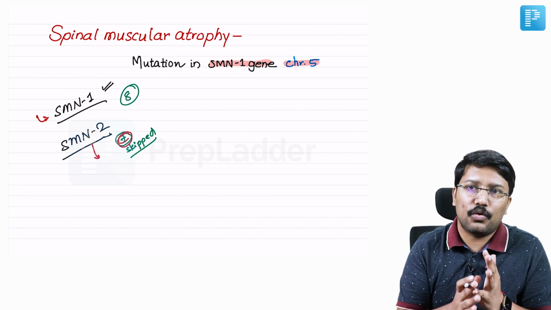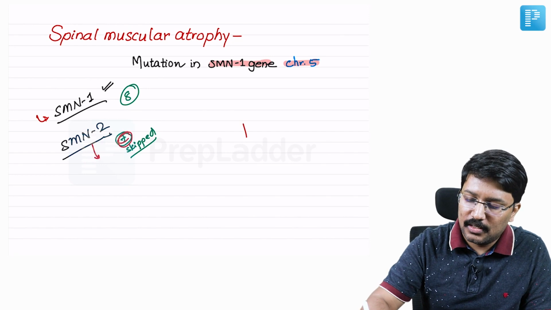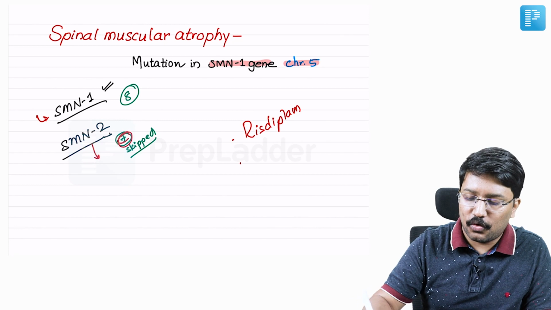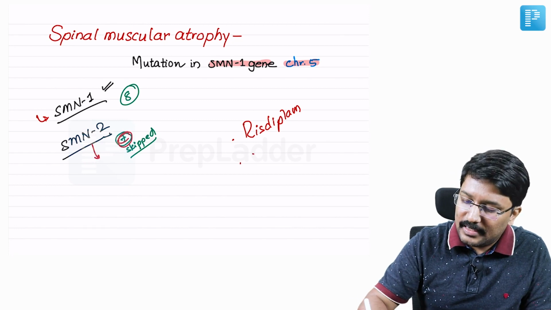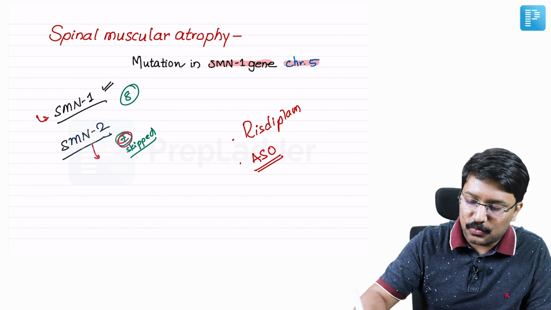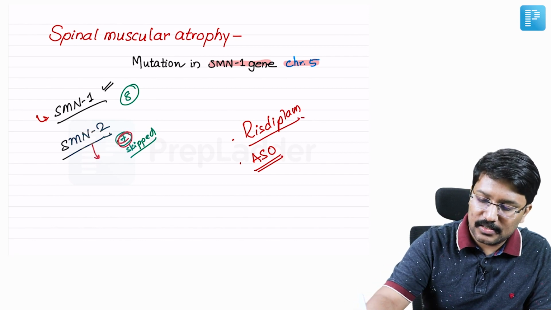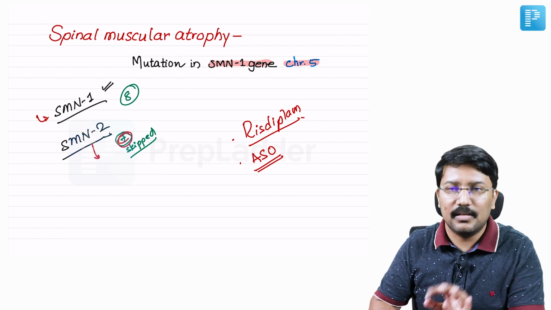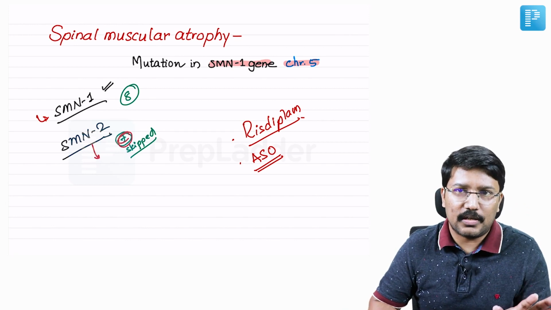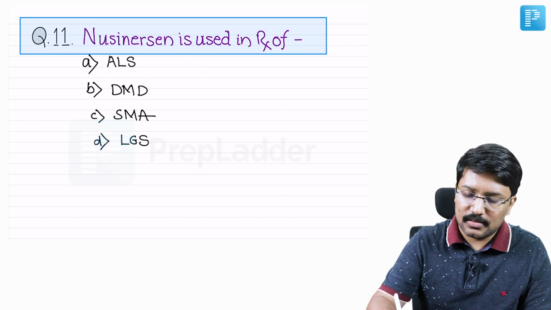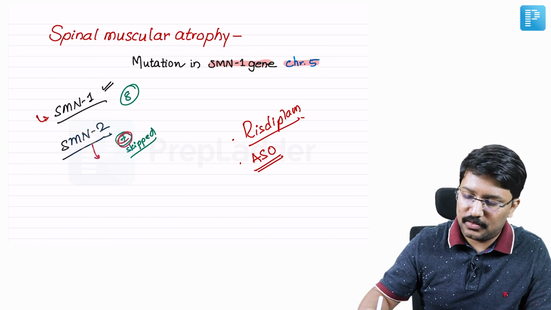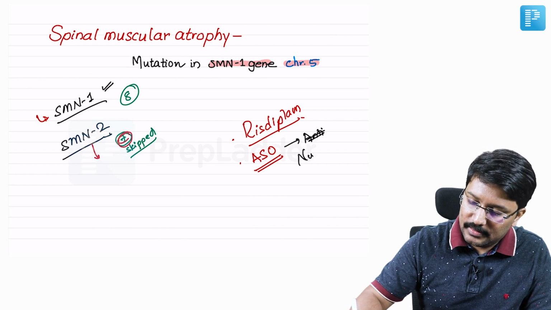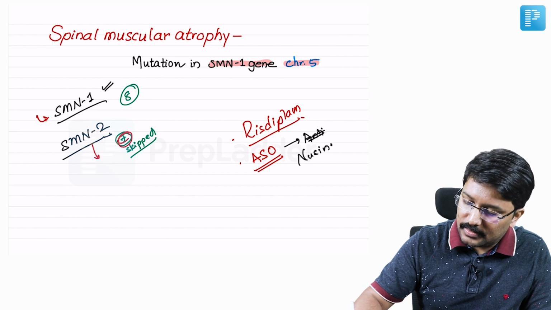Right? That is where the role of this RNA splicing modifier, that was risdiplam, right? That comes into picture, and that is where the role of this new generation antisense oligonucleotides, ASOs, come into picture, right? So nusinersen, all these nersens or arsens, mipomersen, nusinersen, these are all antisense oligonucleotides, right? So the one that is used here is nusinersen for spinal muscular atrophy. So this is an antisense oligonucleotide drug, nusinersen, right?